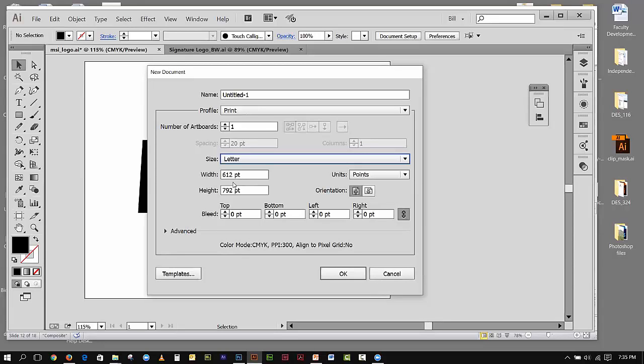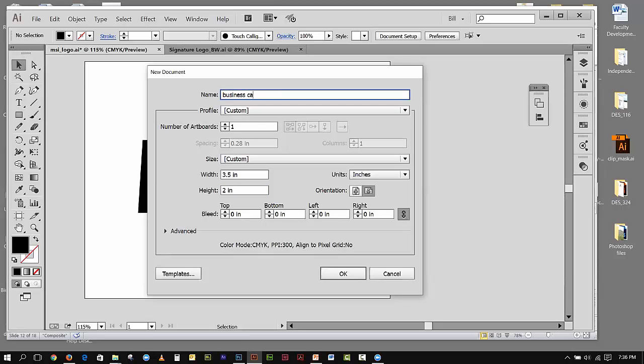I would come in and I would set the units to inches because I feel more comfortable working with inches, and I think this will be easier for you to understand. So what I'm going to do is set the width on this. Right now it's 8.5, but a business card is not 8.5. A business card would be 3.5, and the height of a business card would be 2 inches. So what you're looking for here, and we'll call this business card,